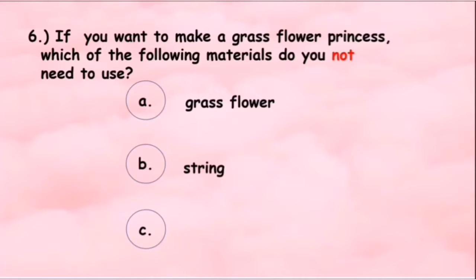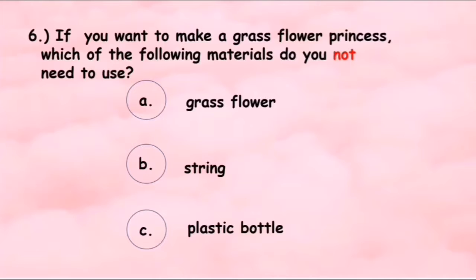B, string. And C, plastic bottle. Now look at the flower princess in page 59. Can you see any grass flower? How about string? How about plastic bottle? If there is a word that you don't see in the picture in page 59, then